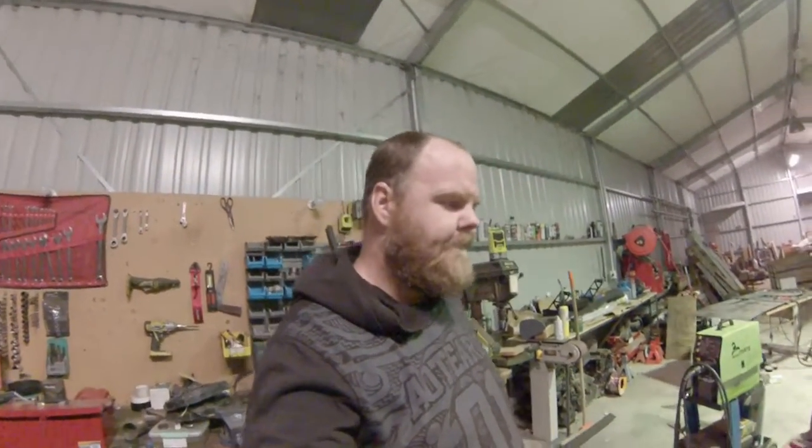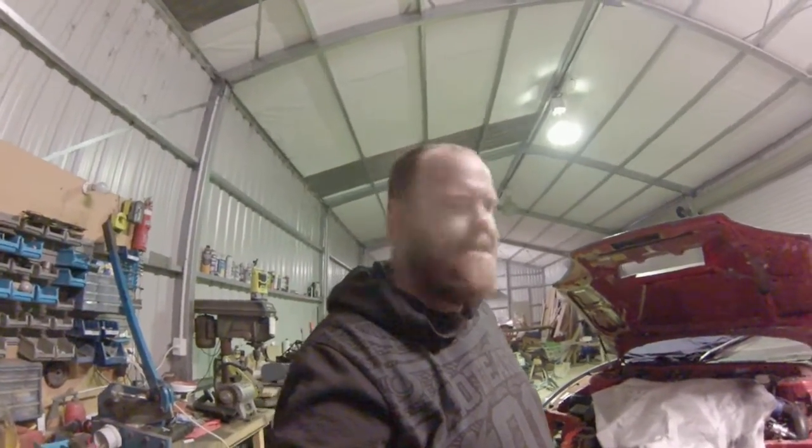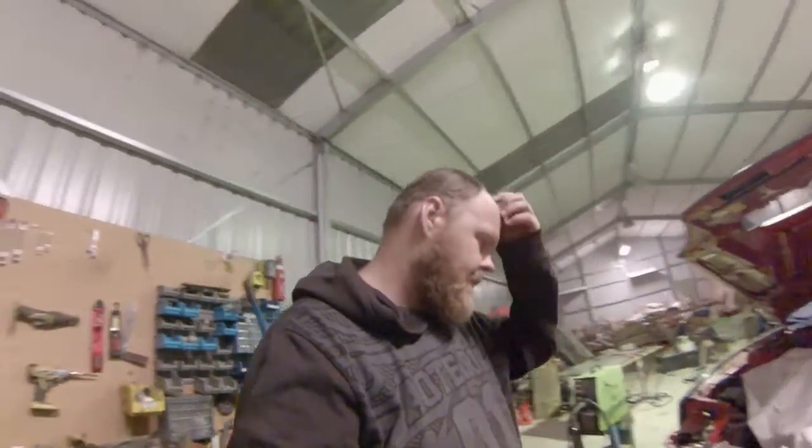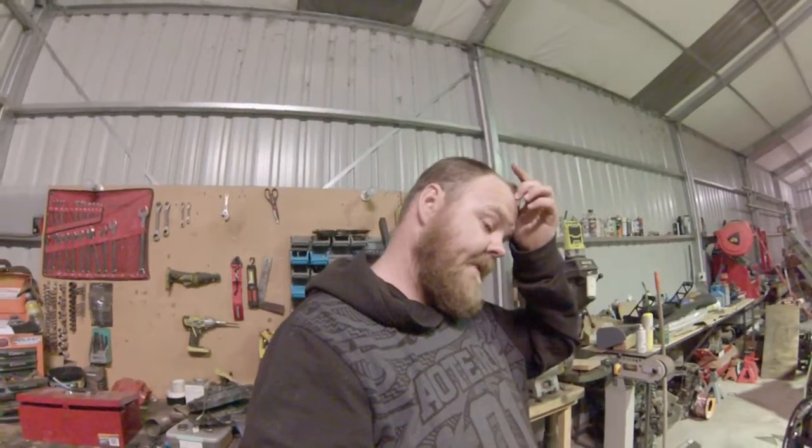Tomorrow night I'll try to get those bottom mounts done, and then I'm going to start pulling the turbo off and getting ready to put the bigger twin scroll exhaust housing on. And then I'm going to have to make some new intercooler piping and stuff to suit how everything's moved, but